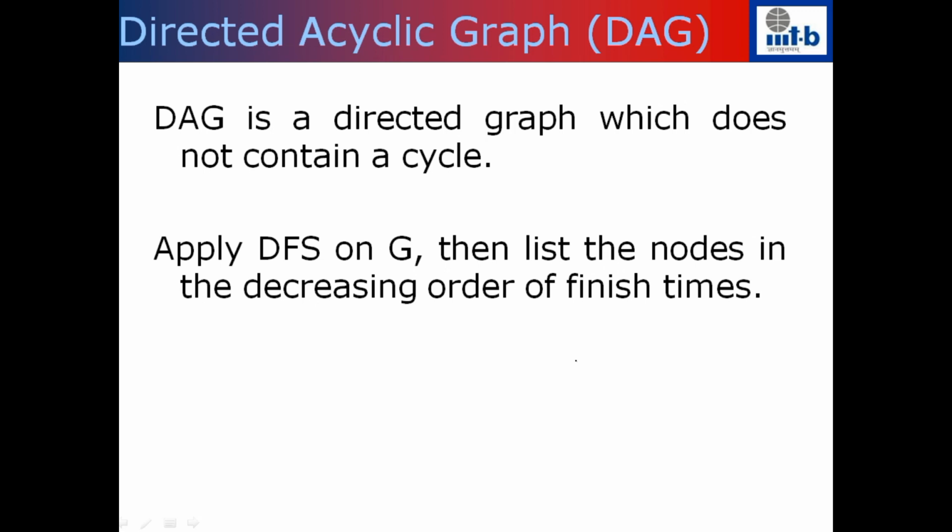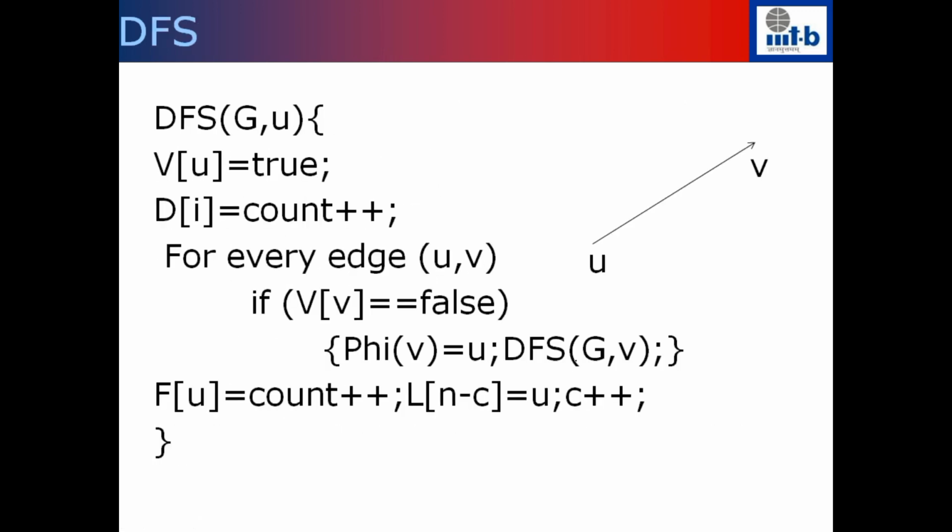How do you do that? It's easy to do. Just look at the DFS algorithm and see when you set the finish time. You can just add this vertex u to the beginning of a list. The vertex which finishes first will be the last node. After that, every time a vertex finishes, you add it to the beginning of the list. So the last vertex that is going to finish is going to be the highest finish time vertex. Since we are adding to the beginning of the list, the list you create will have the property that the vertices are in decreasing order of finish times.